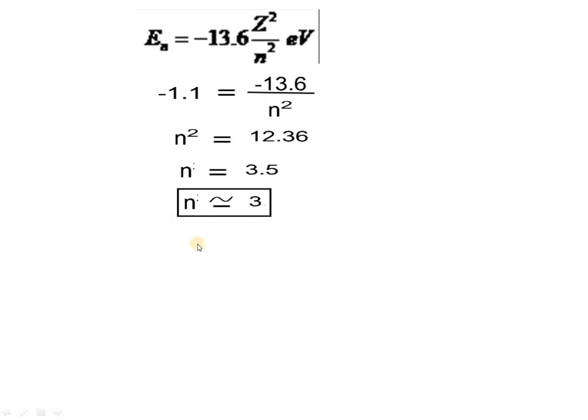Since the excited state is not stable, the electron eventually comes back to the ground state by giving out a photon of some frequency and wavelength. Now we need to calculate that. What are the possible transitions that are going to take place from n is equal to 3 to n is equal to 1? There are three cases here. The transition may take place directly from n is equal to 3 to n is equal to 1. In that case, a photon is emitted. Otherwise the electron may come from n is equal to 3 to n is equal to 2, then from n is equal to 2 to n is equal to 1. So there are three cases here.